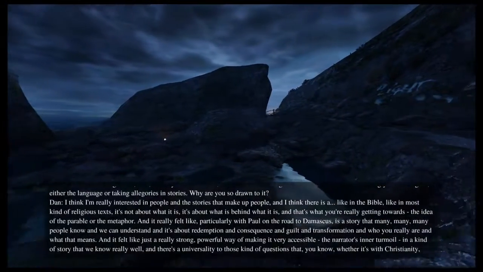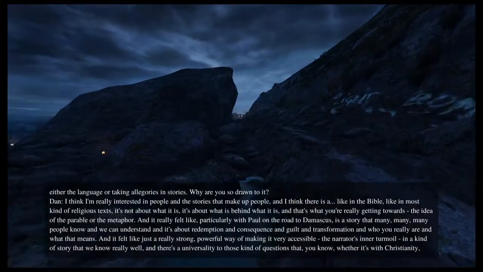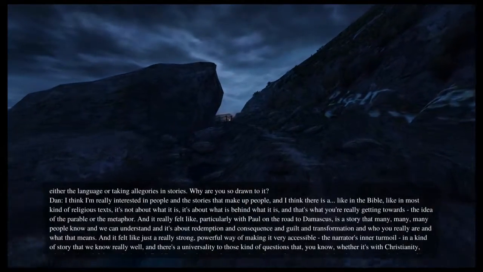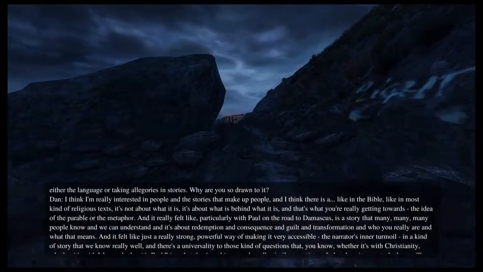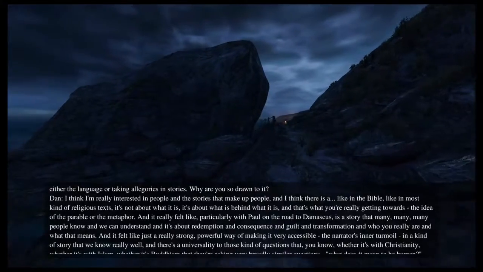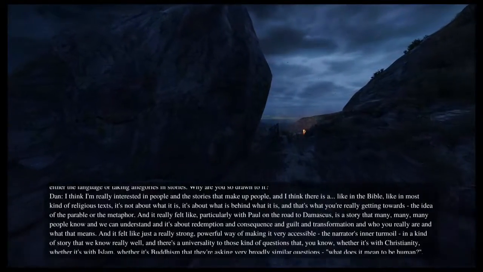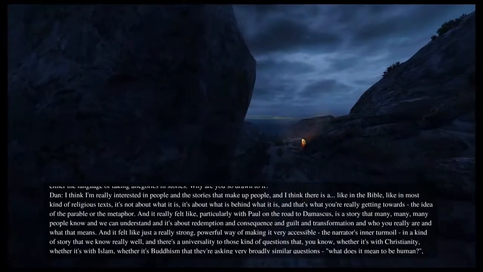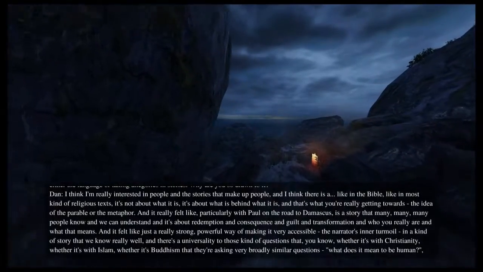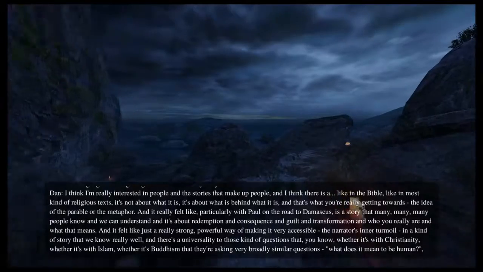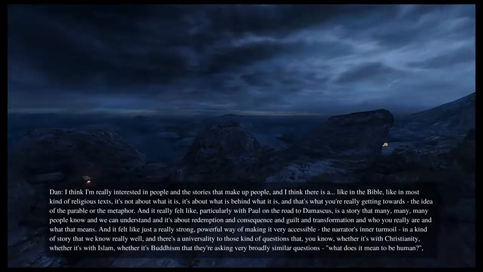I think I'm really interested in people and the stories that make up people. And I think in the Bible, like most religious texts, it's not about what it is, it's about what is behind what it is, and that's what you're really getting to, the idea of the parable or the metaphor.